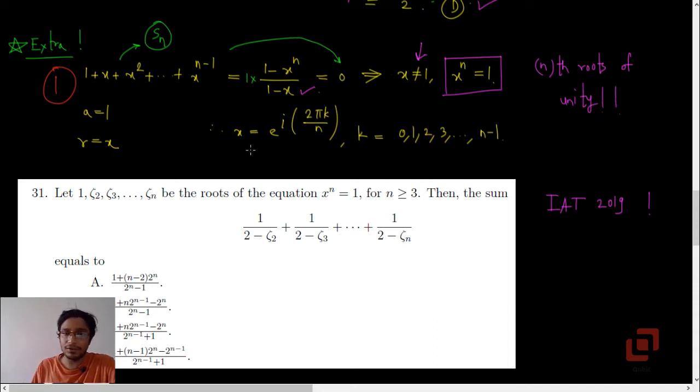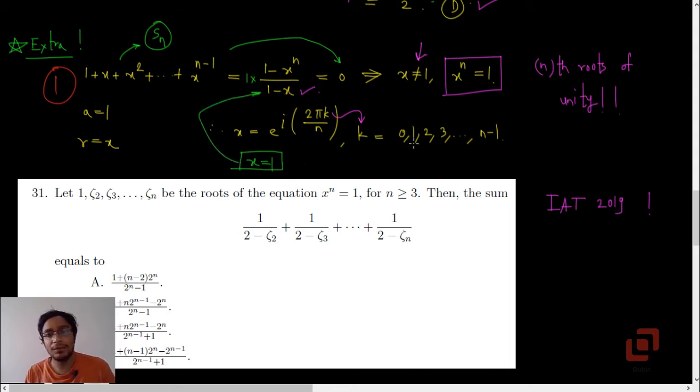then that might be useful. So the nth roots of unity are x equal to e to the power i into 2 pi k upon n, where k runs from 0 to n minus 1. If you take n, then you will again get 1. Now in our case, we are not allowed to take x equal to 1. Because of that, we have to consider k equal to 1, k equal to 2, k equal to 3, so on till k equal to n minus 1. Now these will be the roots of our equation, and we have to consider any one of the roots and just continue solving it.